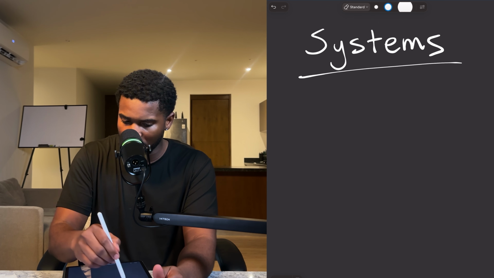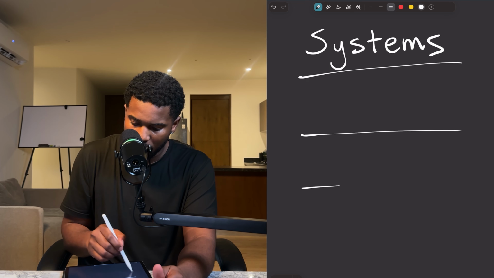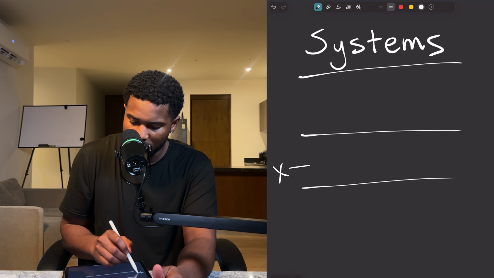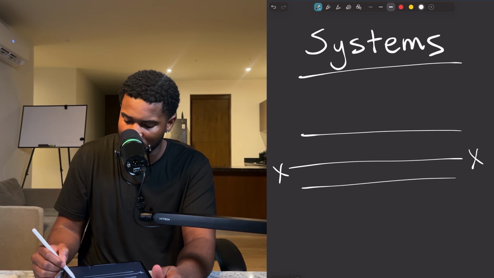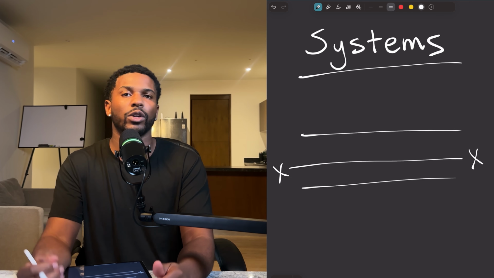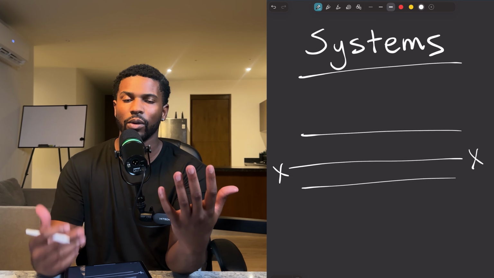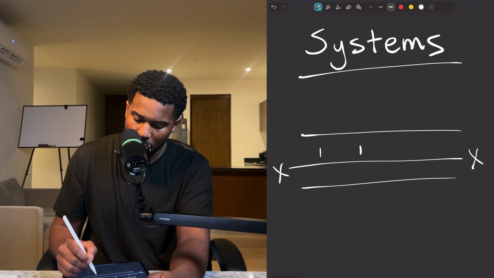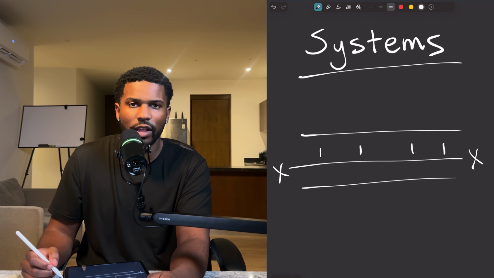So every customer follows this path right here. You have this track, and in the beginning, they're on this side of the track, and the goal is to drive them further until they reach this side of the track. Now, there are multiple touch points that have to happen before somebody goes from not knowing anything about you to actually becoming a client. And these are what we call checkpoints. So we have a few checkpoints here before they finally reach the end.